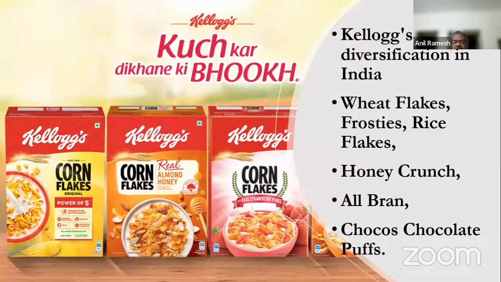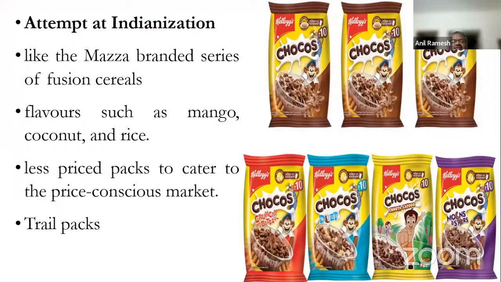So Kellogg's Chocos and chocolate puffs, and they were targeting the children, and they were trying to maybe follow what Nestle was doing. So they started to Indianize. They went in for Maza branded series of fusion cereals. They brought in Indian flavors like mango, coconut rice, less priced packs to cater to price conscious markets, because initially